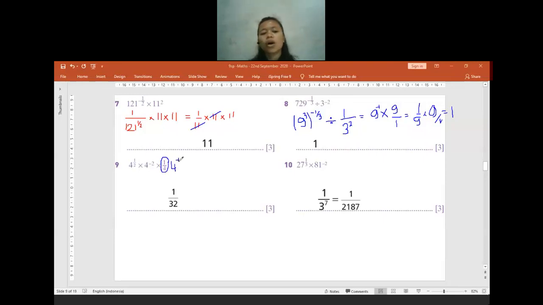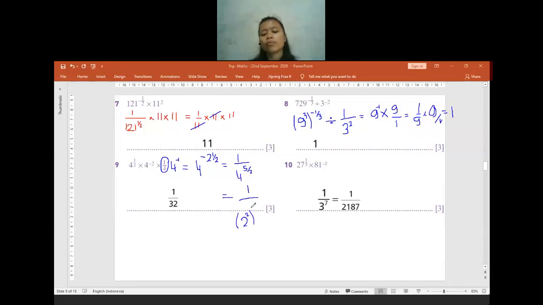We have all of them given in the number 4. So I will just change the 1 per 4 here into 4 to the power of negative 1. So now everything has the same base. I can simplify them by adding all of them. So it will be 4 to the power of negative 2.5. Because this has a negative power, I can make it into a fraction. So now it will be 4 to the power of 5 per 2, because 2.5 is 5 per 2.